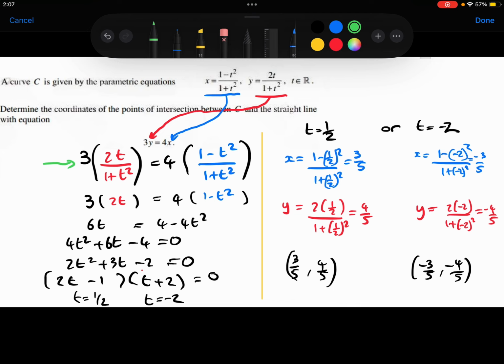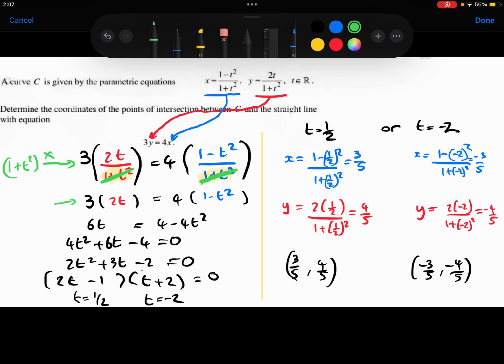Next thing is I looked at those fractions and thought, oh, they look absolutely horrible. But thankfully, our denominators are the same, 1 plus t squared on both sides. So I've just decided to multiply both sides by 1 plus t squared. That way, they will cancel out. And that brings me to the next line,